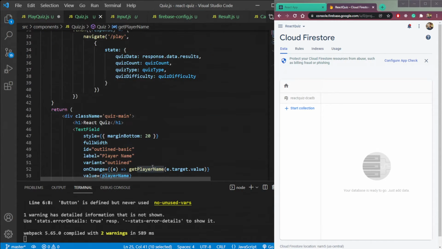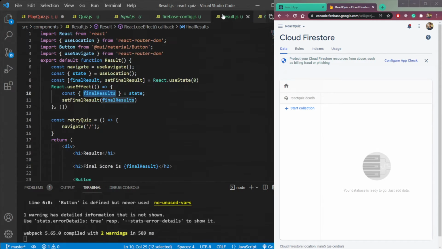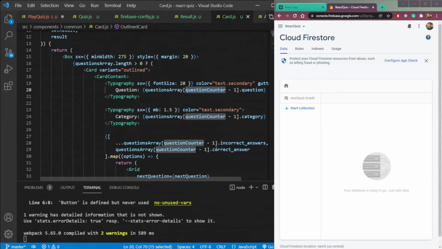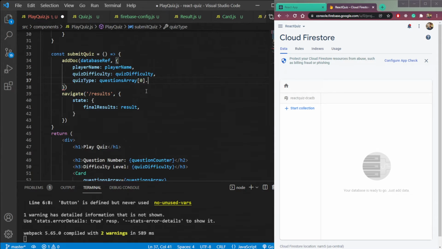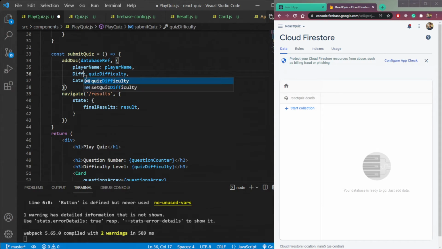In this quiz we have quiz difficulty. Let me check. We don't need the input. So quiz difficulty. Okay, we have the category. So quiz type is category, or we can also make it category, and this should be difficulty. Let's make this all small c, small d,